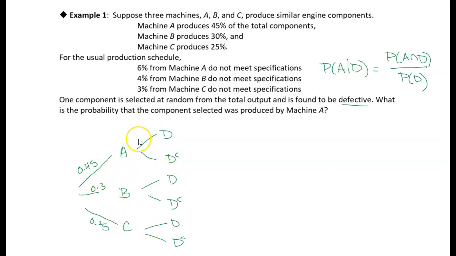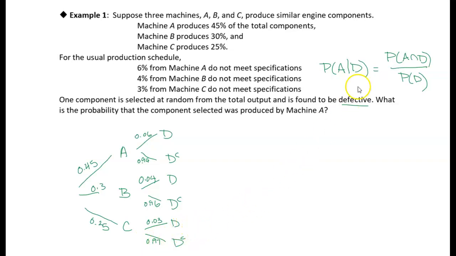If it came off of machine A, then there's a 6%, so 0.06 chance it's defective, which means that it's got a 94% chance of being non-defective. If it came off of machine B, there's a 4% chance it's defective, which means that there's a 96% chance that it's not defective. And then there's a 3% chance that a part from machine C is defective, which means there's a 97% chance that it's not defective. Okay,